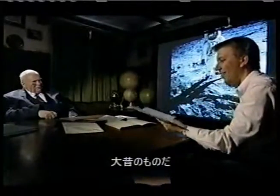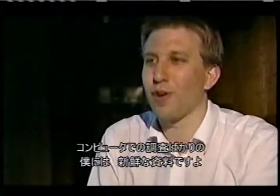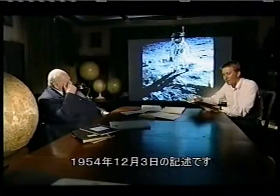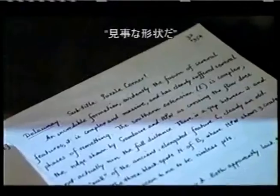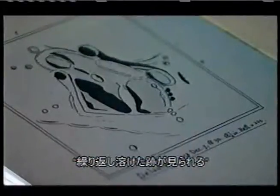Oh, they're very primitive. Well, I know, but it's fascinating for people like me who are used to sitting in front of a computer as an astronomical researcher. This is December the 3rd, 1954. Area of the moon called Delaunay? Delaunay, yes. An incredible formation, evidently the fusion of several features, complex and massive, and has clearly suffered several